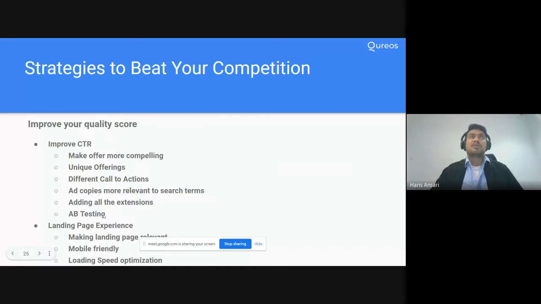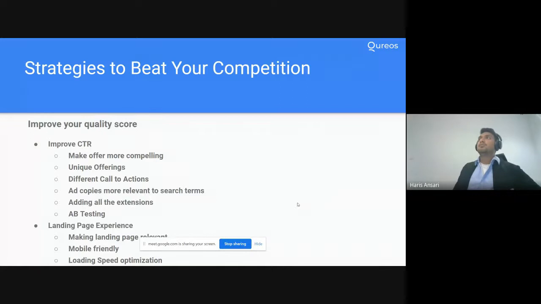Then one thing which I always recommend is keep on trying different ad copies just to A/B test between the two, because if you haven't tried something, you won't know how will the audience respond to that ad copy. So by testing, by running two different ad copies at the same time, you will be able to understand like what user psyche is like, what kind of ads, what kind of headlines or description are working well when it comes to search ads.